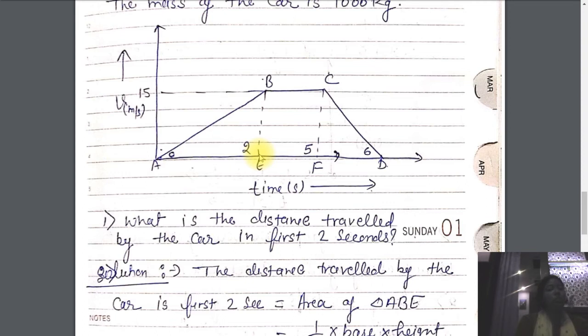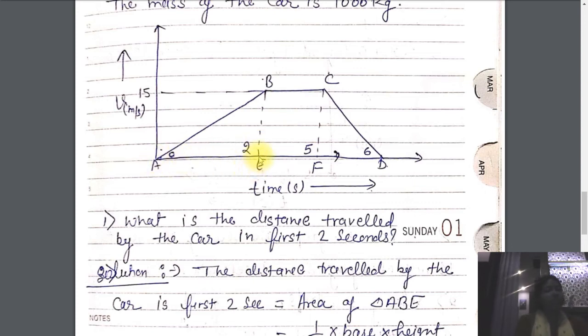So what will we do in the first step? We will enclose this much of the area by using this dotted line. In the first step, we have enclosed this much of the area only. So what is the shape of the area now? We can write here ABE. This is a right angle triangle. In the next step, we have to calculate the area under the graph ABE. Now the shape is in the right angle triangle form. That means if we calculate the area of the right angle triangle, that will give us the value of the distance traveled in the first 2 seconds.